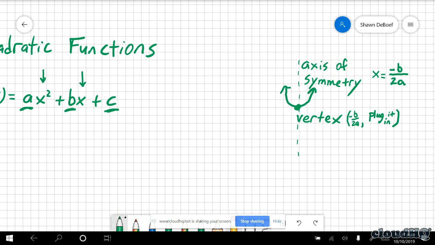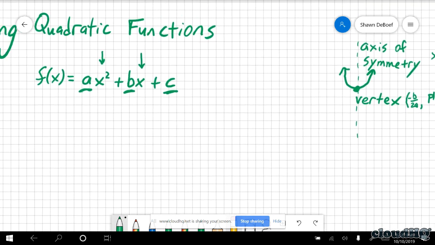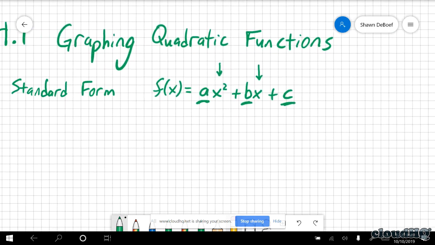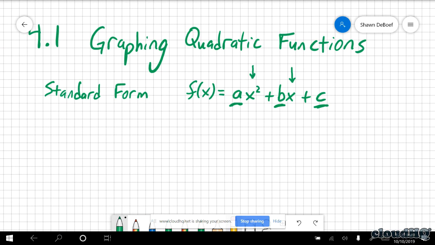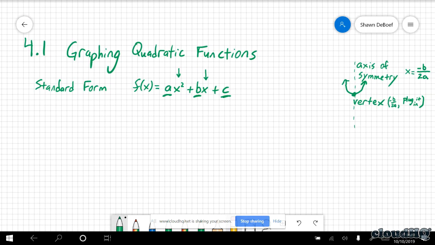So it's kind of the same idea here. We're going to Glade plugins. We're going to take the x value and plug it in to figure out what the y coordinate is. So we're going to jump into a problem. We're going to graph, and we'll go through that process. Okay, so